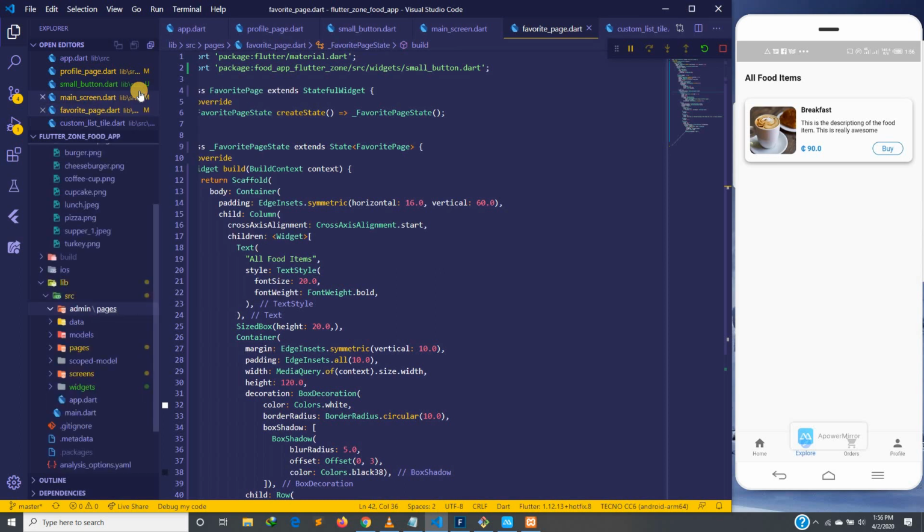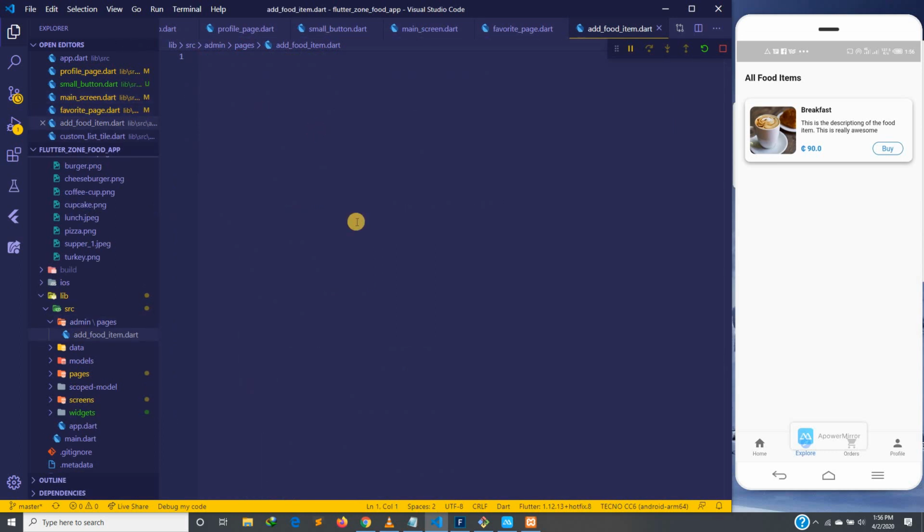So in this one, we will design the text fields for the food items. And after designing, we will push from there, we will add food items into our database, into our Firebase, and then we can retrieve it. So that's what we are going to do as the admin. Okay, so I will leave the code here, and then